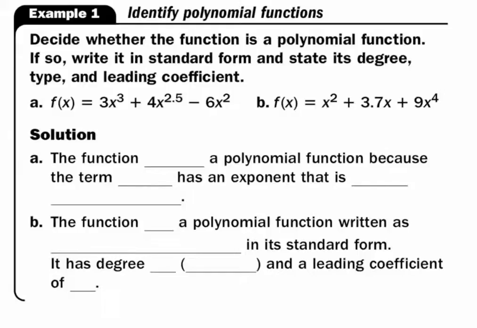First of all, we have example 1, identify polynomial functions. There are two functions here. We have function A, and we have function B, and they're both a little different. So first of all, we're supposed to address what's going on with function A. Function A says the function blank, and the answer is not